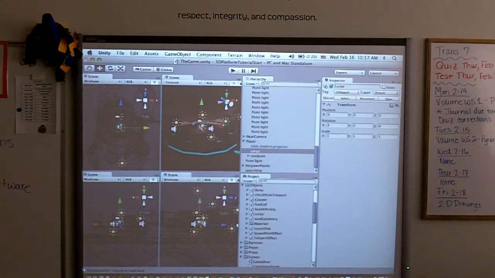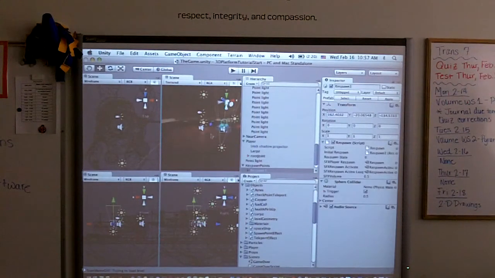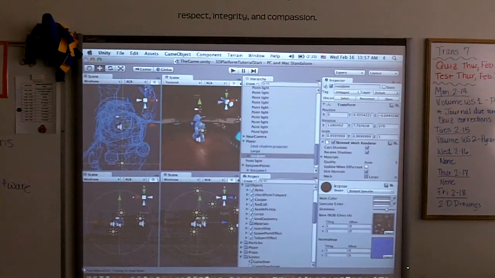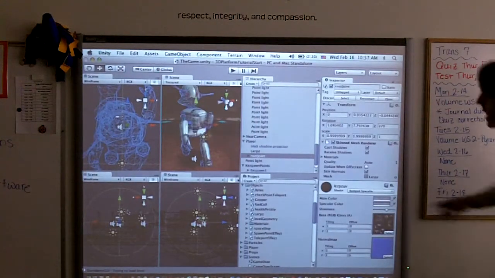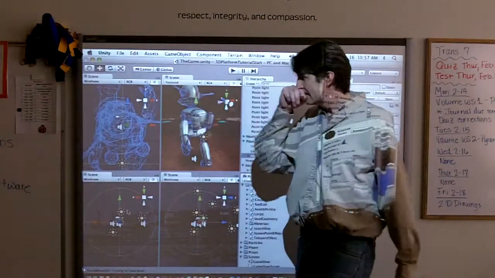So here's Lurps from above. And let's move in on Lurps here. Oh no, that's not Lurps. I selected the wrong thing. There's Lurps. And you can see this has kind of got a wireframe on him. Everything that's done inside